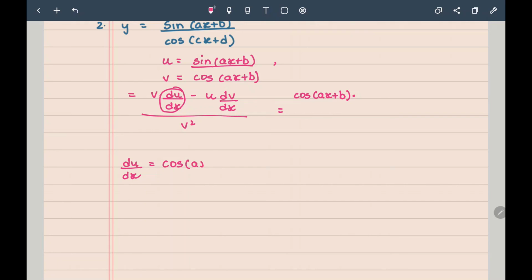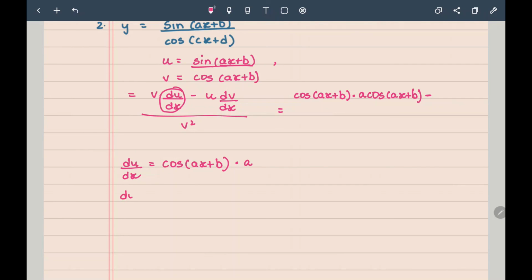So cos ax plus b, and the inner derivative of ax plus b, that is a. So here we'll write it down, a into cos of ax plus b minus,